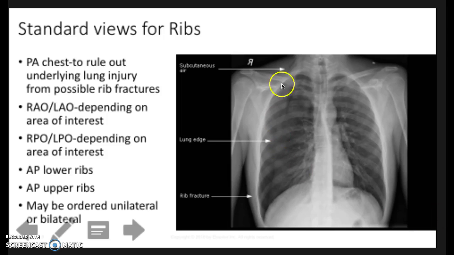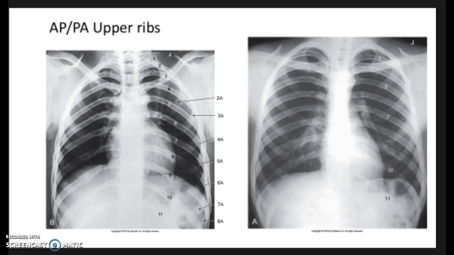So pneumothorax, subcutaneous air, and rib fracture down at the bottom. And let's see, what else? All right. These are a couple of views. You want to have good rib detail. So you have to adjust your technique to make sure that you can see rib detail. So if you've done a PHS, that's a different technique than you would use for an AP or PA rib.